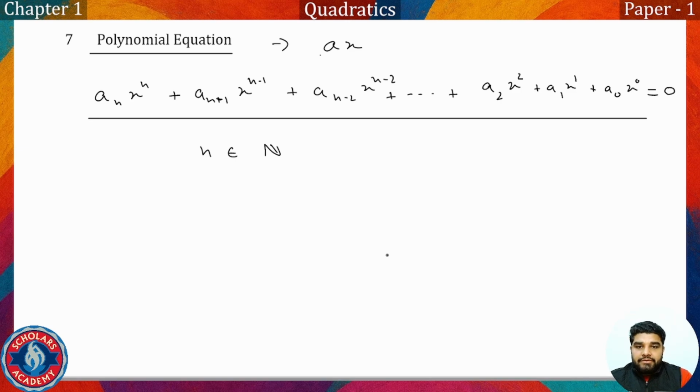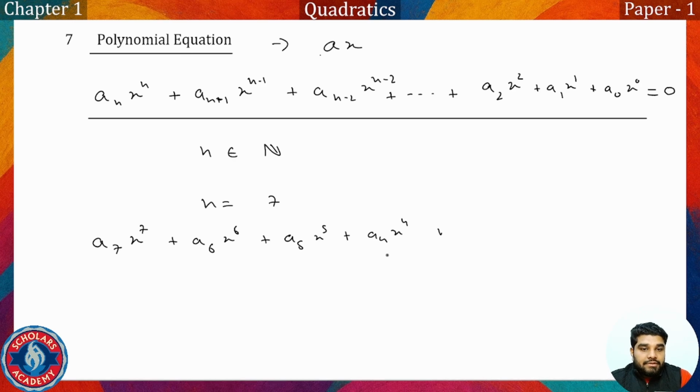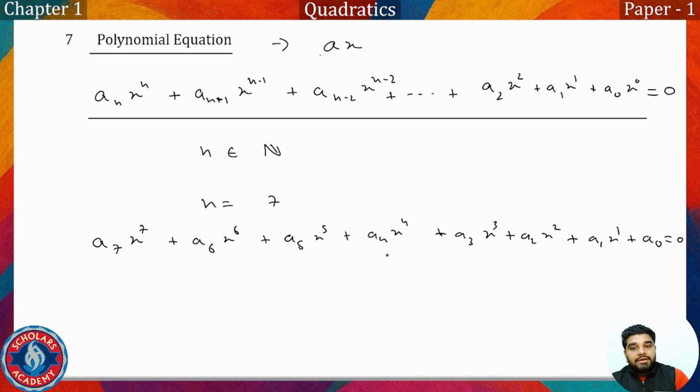If I take n as, let's take it as 7, what my equation will look like: a7 x to the power 7 plus a6 x to the power 6, a5 x to the power 5, a4 x to the power 4, a3 x to the power 3, a2 x to the power 2, a1 x to the power 1 plus a0 is equal to 0. Okay,